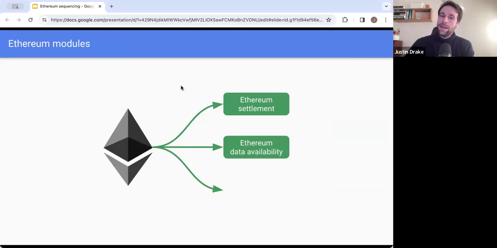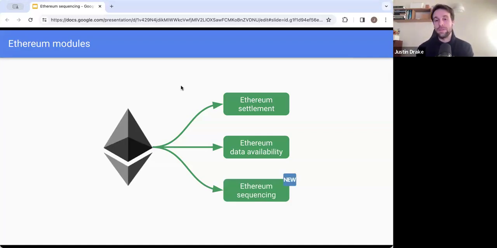So at a high level, Ethereum provides two services for rollups today. It provides settlement and data availability, but there's this new resource, Ethereum sequencing, which is going to be available very soon. I mean, new is maybe a bit of a misnomer because it's been there since the very beginning, but people haven't realized that it's there to be tapped into. And somewhat similarly to data availability, right? People have abused calldata in some sense and used it for a function that it was not initially intended for.